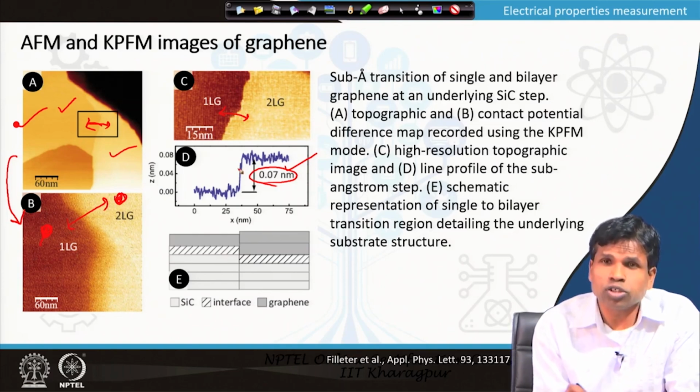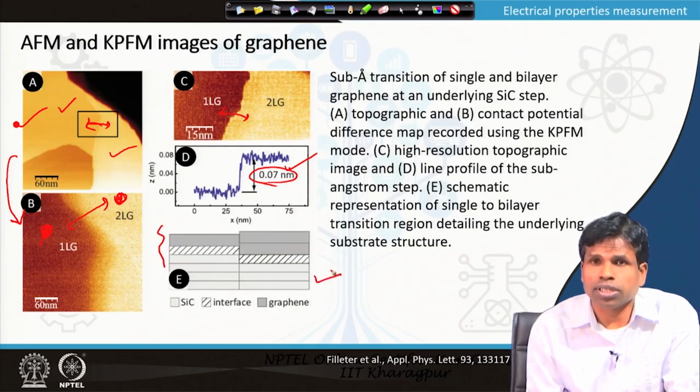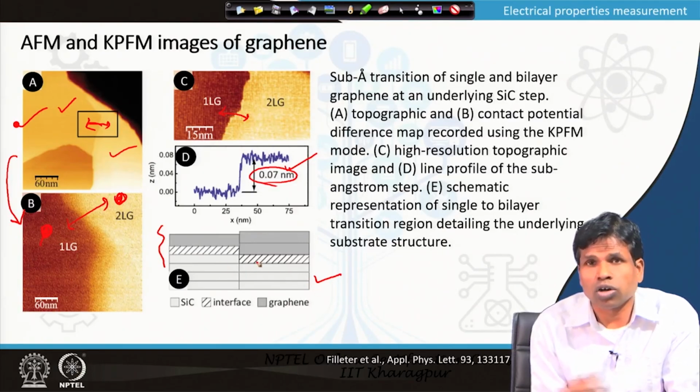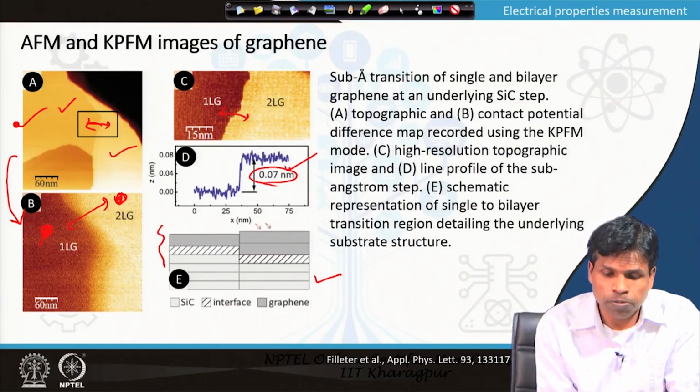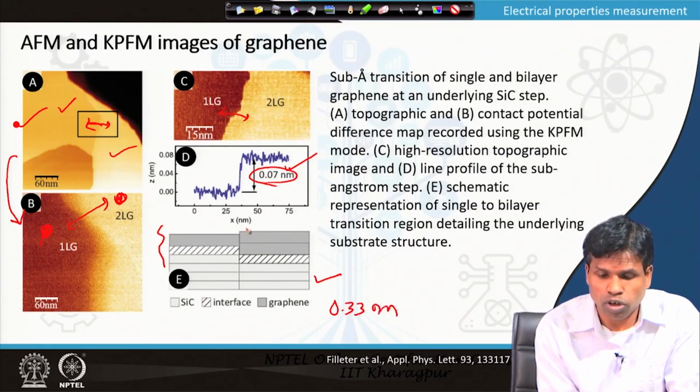In addition, as this does not match the thickness of one layer of graphene, there is a non-uniformity in how they are placed on the surface of the substrate. Here the underlying substrate is silicon carbide, and the silicon carbide steps are not even. As you see this is 0.7, while the thickness of graphene is around 0.33 nanometer, which is almost 4 times smaller than this. That is why